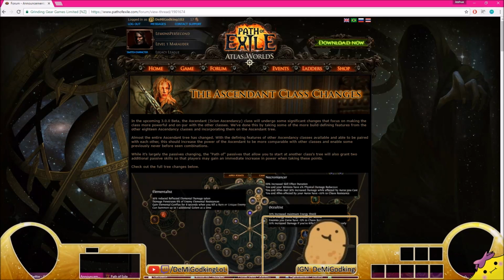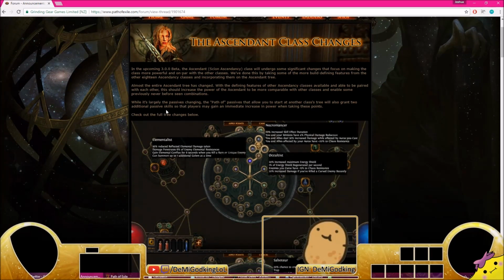making the class more powerful and on par with other classes. We've done this by taking some of the more build-defining features from the other 18 Ascendancy classes and incorporating them into the Ascendant tree. Almost the entire Ascendant tree has changed, with the defining features of other Ascendancy classes available and able to be paired with each other. This should increase the power of the Ascendant to be more comparable with other classes and enable some previously never